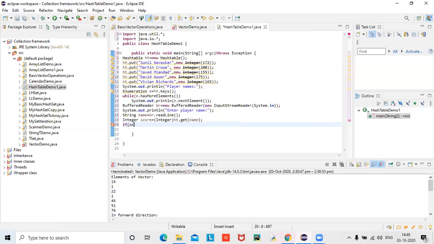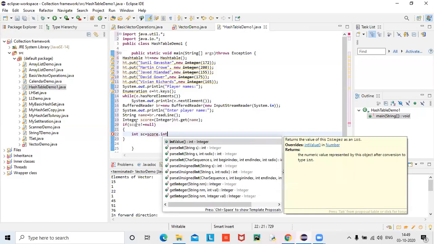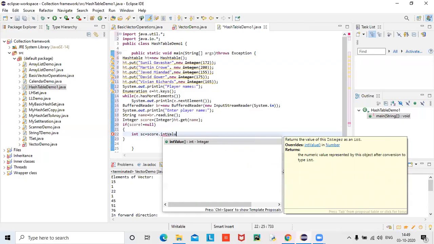If score is not equal to null, then only I can get inside and display his score. Okay, like that I will add a couple of statements inside, like int sc means score is equal to score dot int value, means I am converting that into value here.